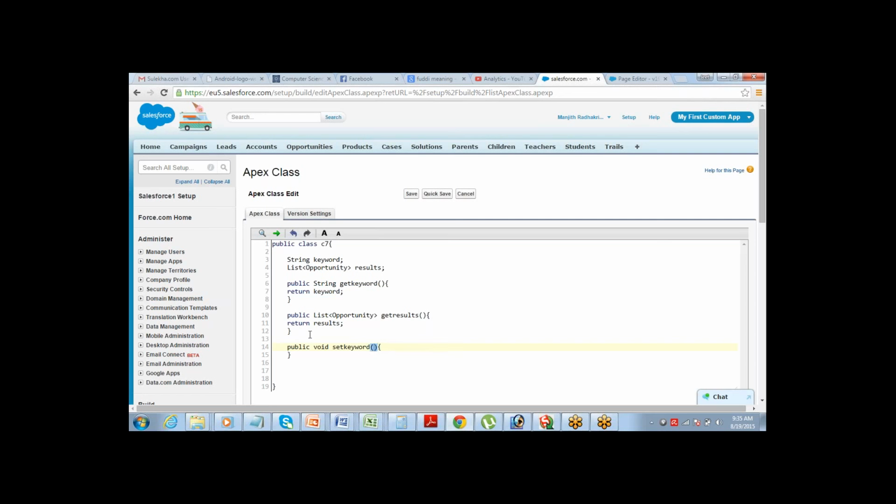So you define a method called set keyword, and for this method you define a parameter also. A string called input. This is a parameter that I'm defining. The set keyword will take the value as this variable, and then it needs to set it to my keyword.